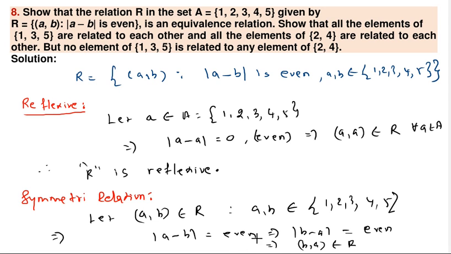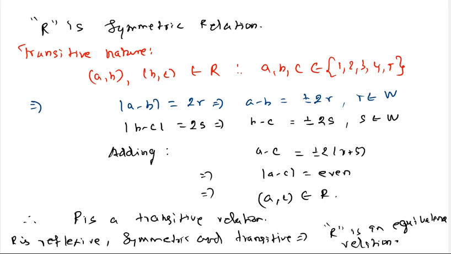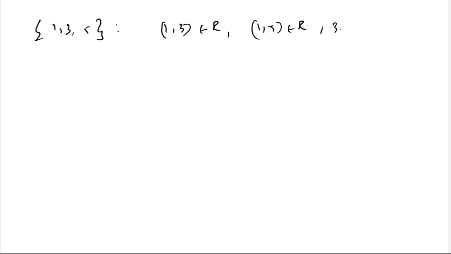If we take any two elements from {1, 3, 5}, (1, 3) belongs to R, (1, 5) belongs to R, because the difference is an even number, and (3, 5) also belongs to R, and therefore